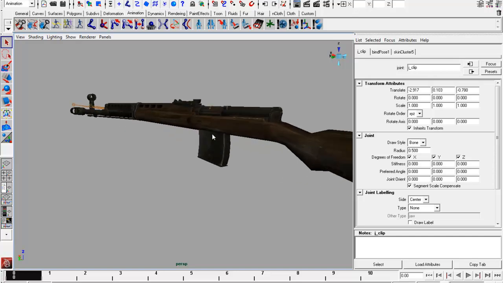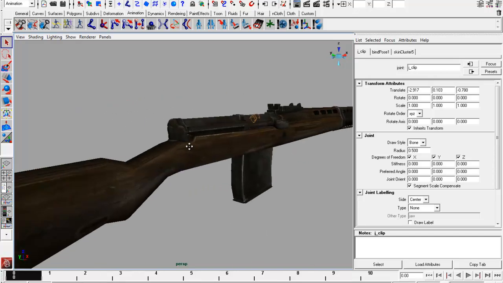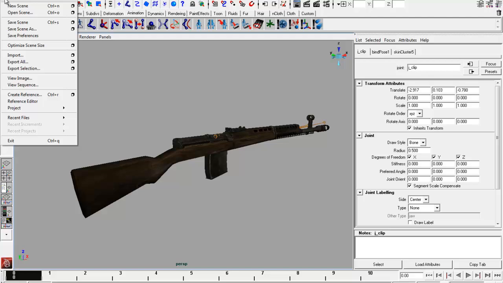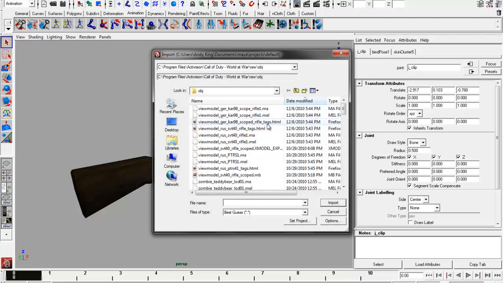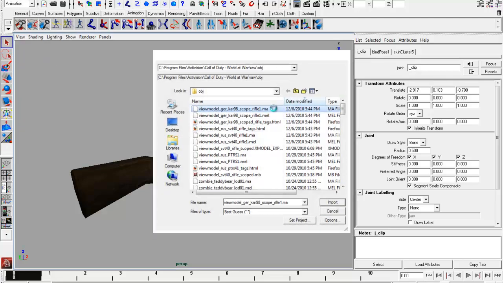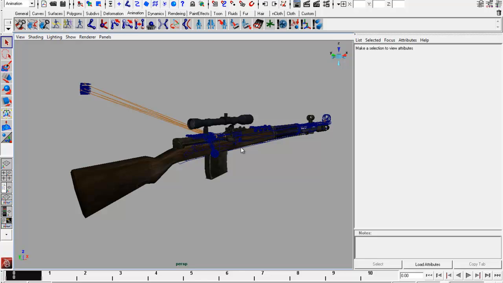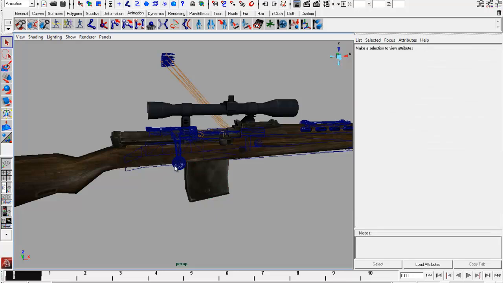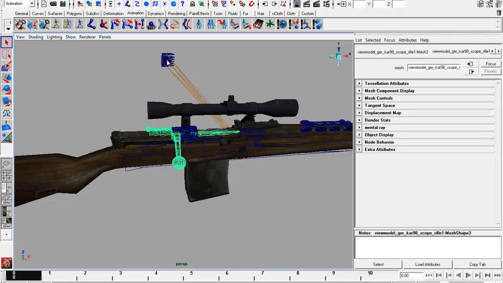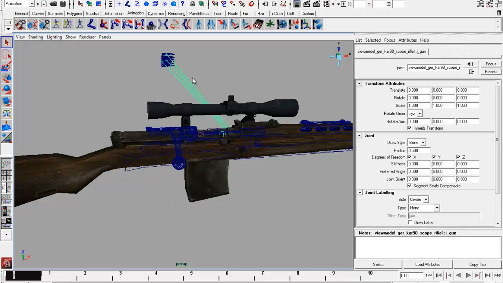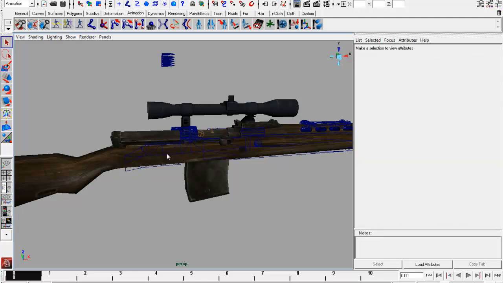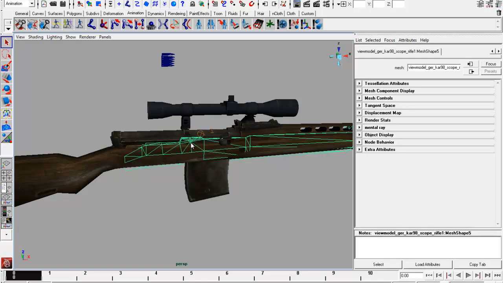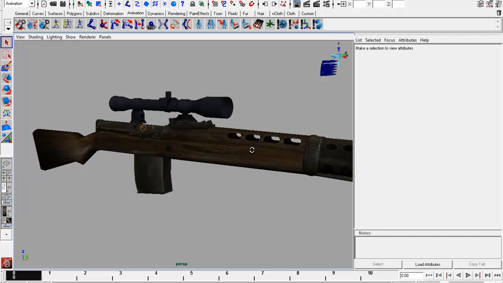So as I said before, I want to put a scope on this baby. So let's go ahead and do file, import, and let's import the Car 98 scoped rifle. And as you can see, it put it inside the other one because they both have the same origin in Maya. So what you have to do is you have to select all of this, of what you don't want, and delete it,